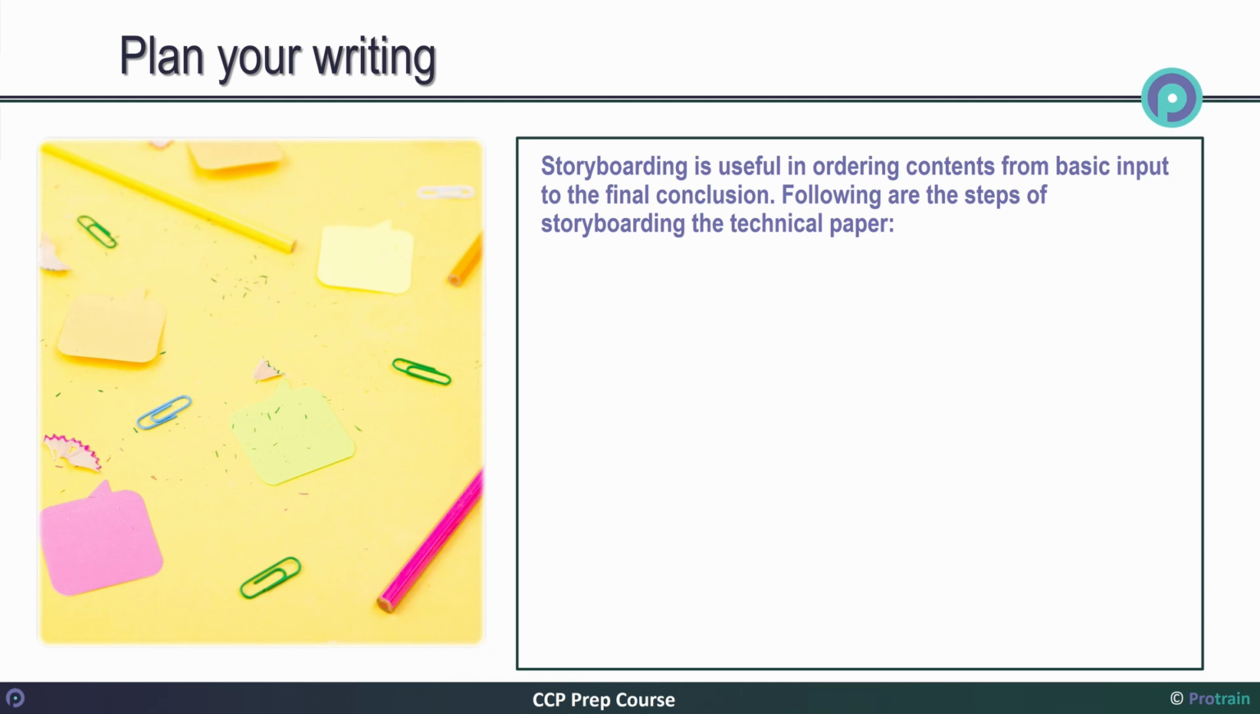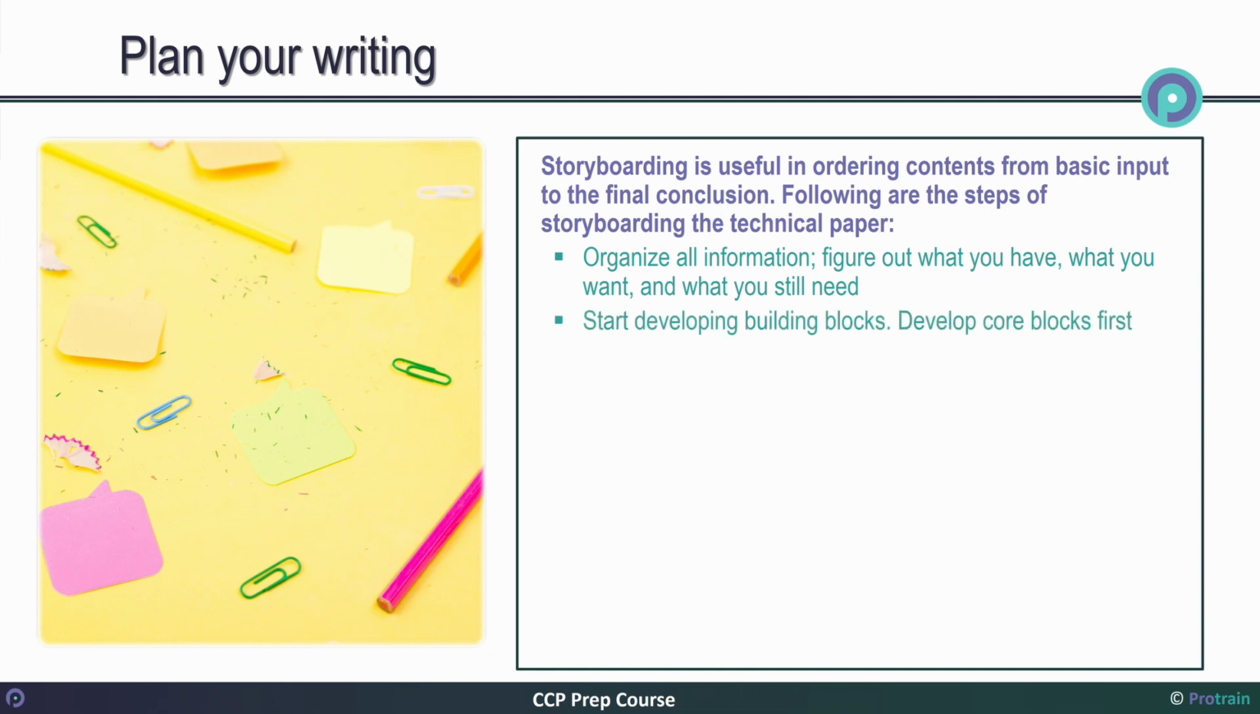Following are the steps of storyboarding the technical paper. Organize all information, references, data and other elements that you have already collected. The first step is to figure out what you have, what you want, and what you still need in order to meet your objectives. Based on the available information,